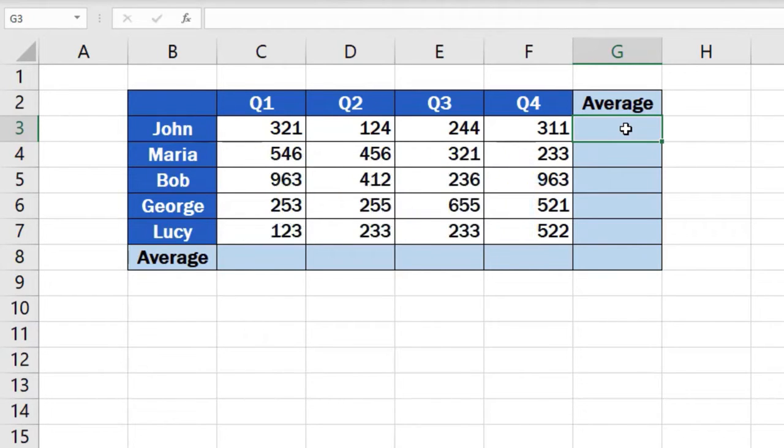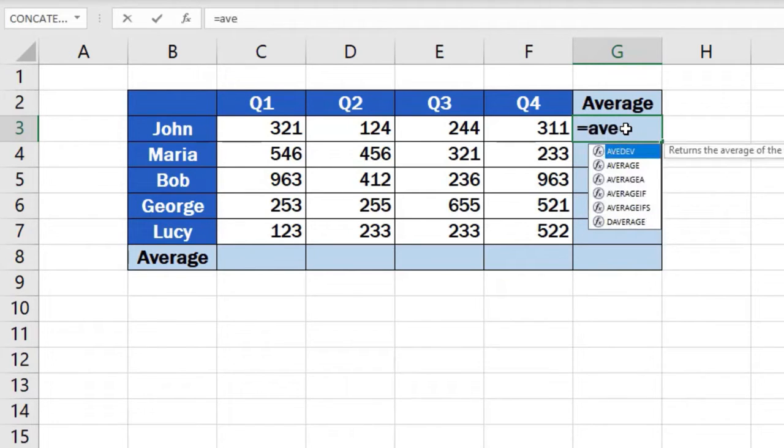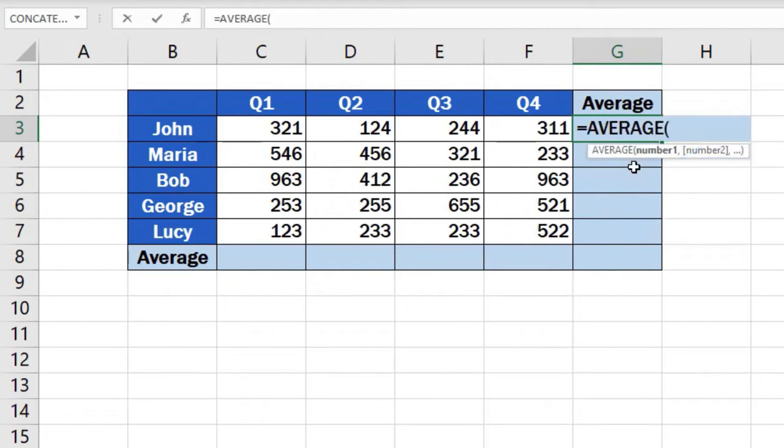Type in the equal sign and start typing the word average. Excel will immediately offer various similar functions that start in the same letters. If you want to calculate the standard average value, double-click on average. Now you can specify the group of numbers from which you want to calculate the average. So we'll click on C3, then hold and drag until we reach the location F3. This way, Excel receives the information that these are the numbers that need to be included for the calculation of